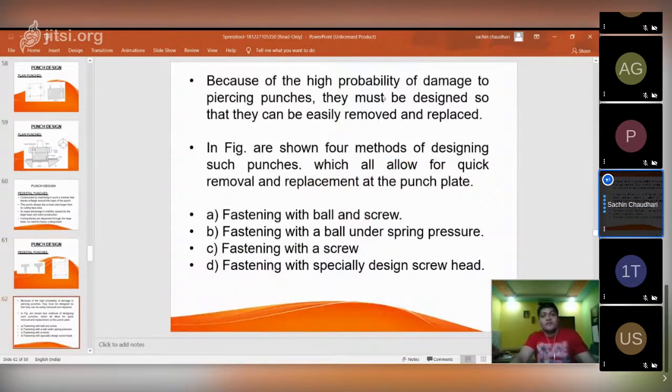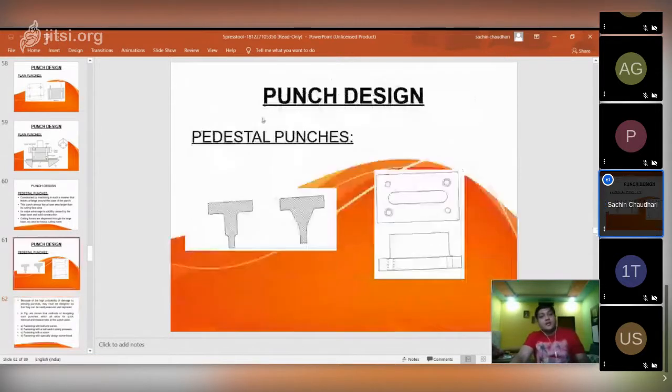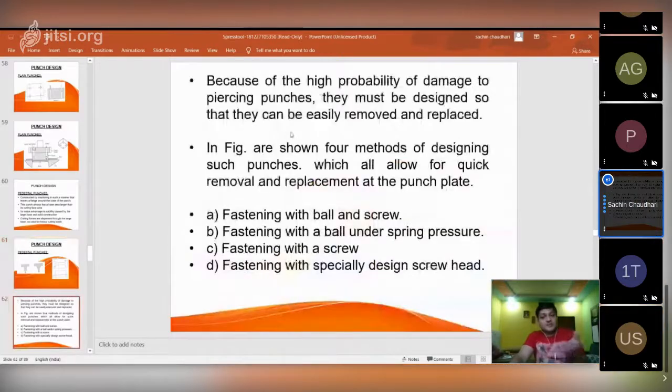Because of the high probability of damage to piercing punches, next: most of the time in cutting operations, piercing is one of the most popular operations, where you get the punching or piercing operation.